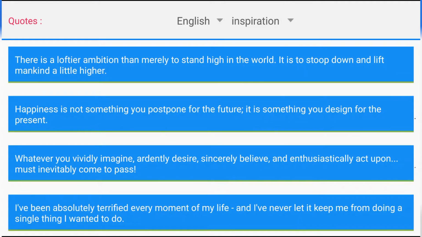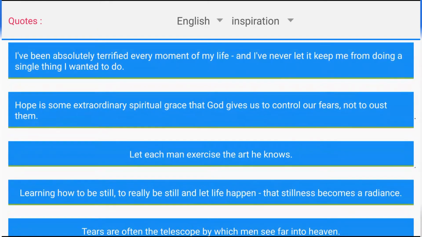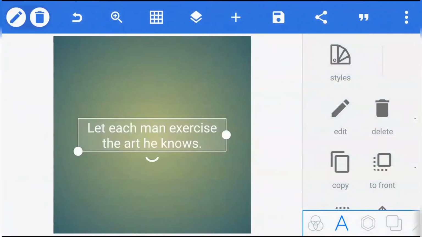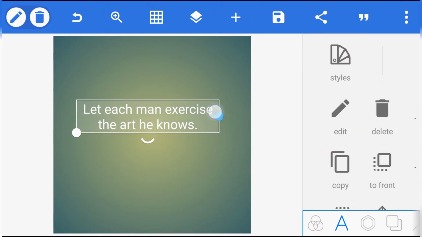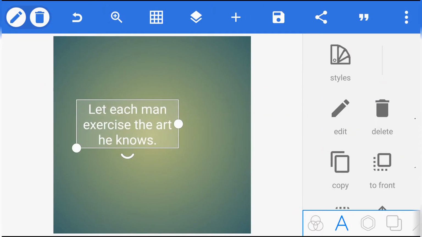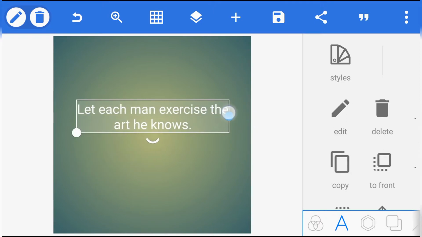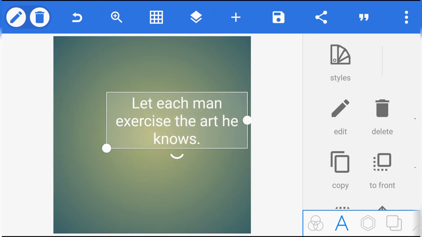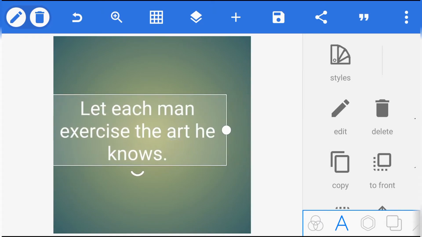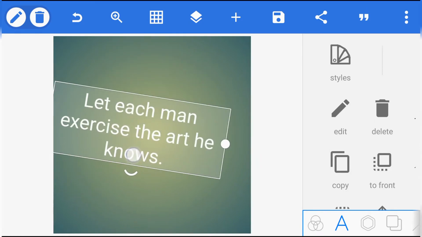And let's say we just choose any of the quotes here. "Let each man exercise the art he knows." And so let's click. This is a very nice quote. And first things first, I can go ahead and make this 3 lines by pulling it here. If you make this more lines, I can go and scale this up, and I can go and rotate it depending on what you want, but I want it to be upright